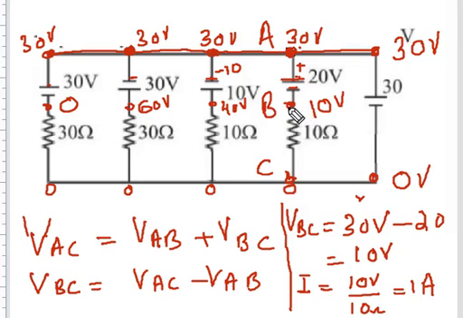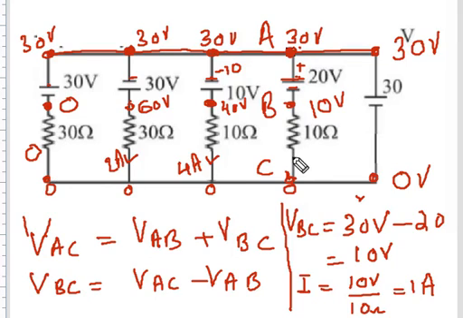Now what is the potential difference between this point and this point? That is 40 volt, and that resistance is 10 ohm. So the current must be equal to 4 ampere. Here there is a 60 volt difference, 60 minus 0, and the resistance is 30 ohm. So the current must be 60 by 30, 2 ampere. In this case, here potential 0, here potential 0, difference nothing. So there is no current here. So current is 0.